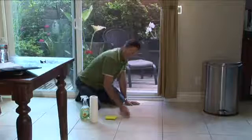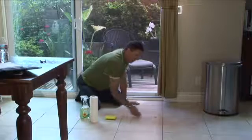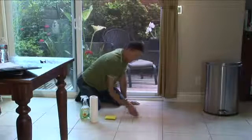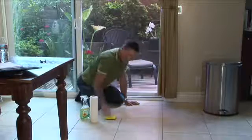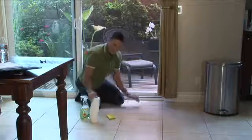I am going to use my toothbrush though, just to get in there to get any loose byproducts out of the way. Back and forth, a couple short strokes. Take my sponge, wipe that up. Paper towel,